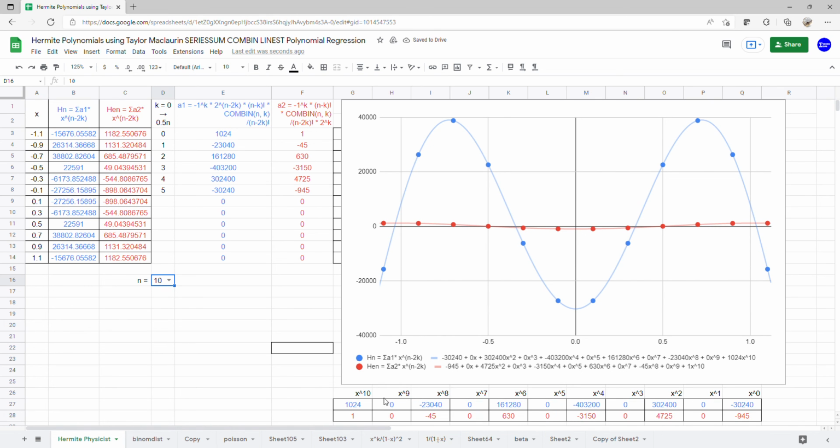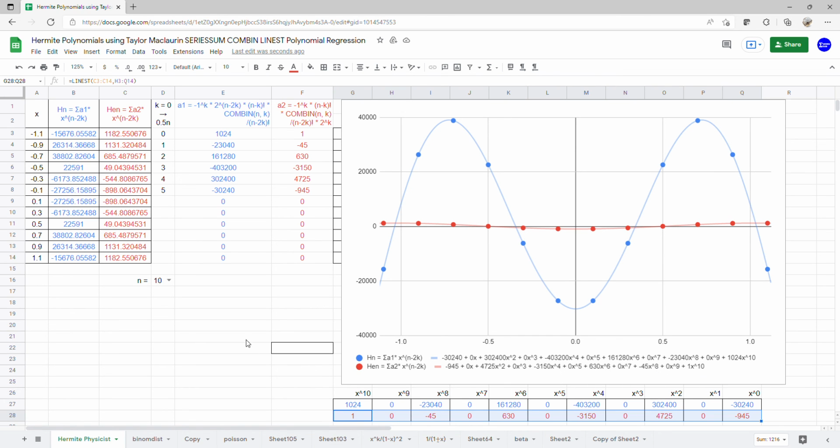So here we have this polynomial to the 10th degree. So 1024, negative 23,040, 161,280, minus 403,200, and 302,400 minus 30,240. In the case of the probabilist Hermite polynomial, we have negative 945, 4,725x squared, negative 3150x to the 4th, 630x to the 6th, negative 45x to the 8th, and 1x